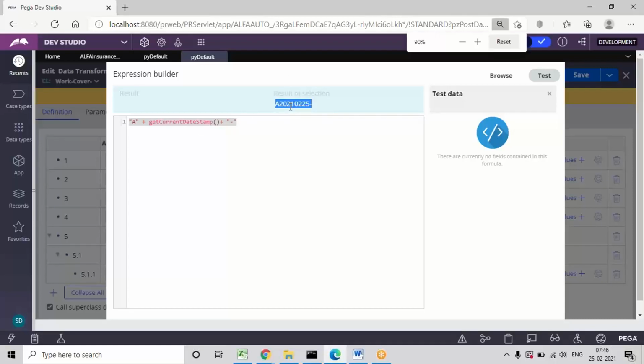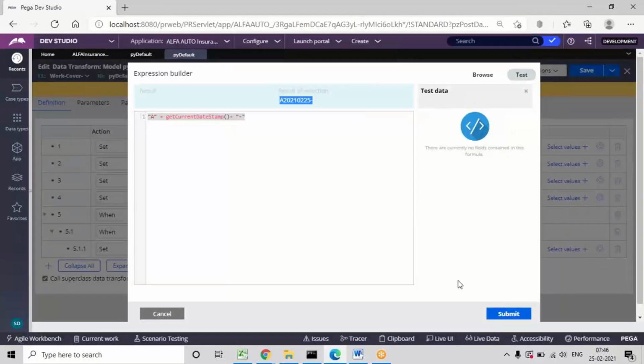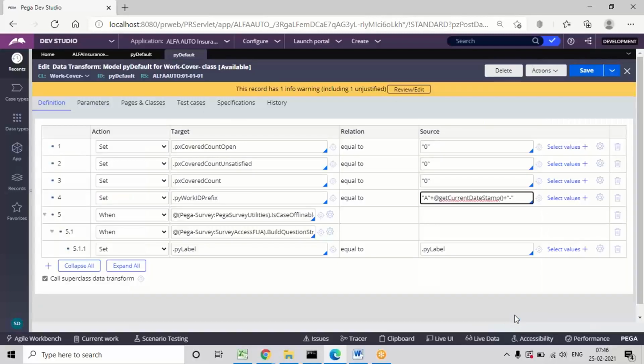Use control minus, because sometimes you may not be able to see the submit button. Suppose you are unable to see the submit button, use control minus, so the browser will shrink and you can view this button. Click on submit, so that the function will be updated in this source option. So from next time if you execute any transaction, since we updated this value under the built-in rule, any flow you execute will get this format of prefix. Not c hyphen, we customized that c hyphen value to a different format.